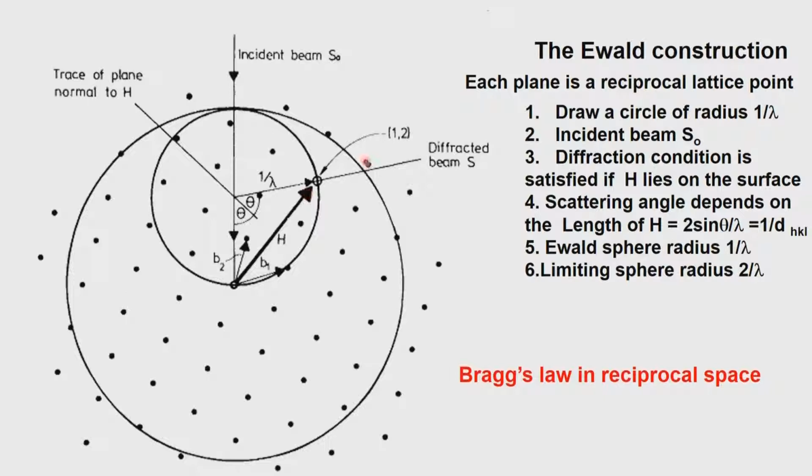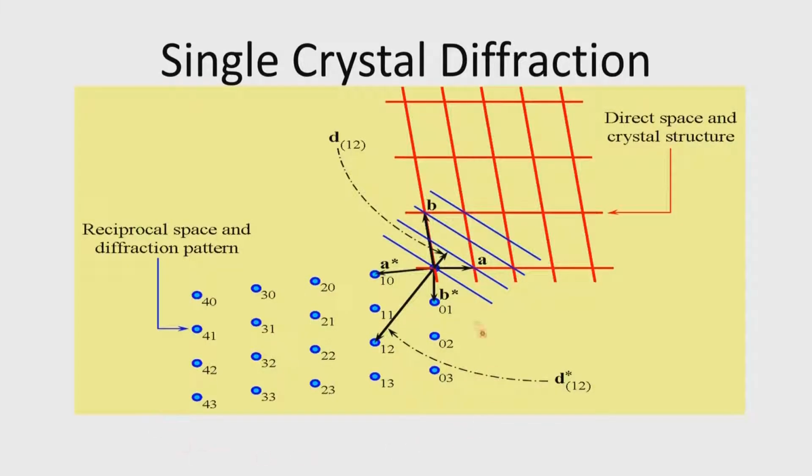So, this can be shown in such a way that as we rotate the crystal, different parts of these limiting sphere points will all come and intersect with the Ewald sphere, and whenever the intersection is on the surface of the Ewald sphere, you will get the satisfaction of Bragg's law, and that is why our diffraction pattern looks like this. We get a series of spots, and these spots have an identity. The identity is with respect to the scattering angle, and the scattering angle decides the value of h, and h is 2 sin theta by lambda.